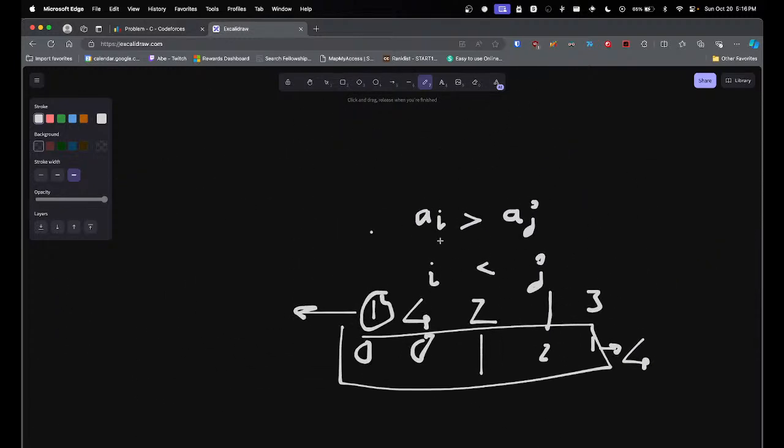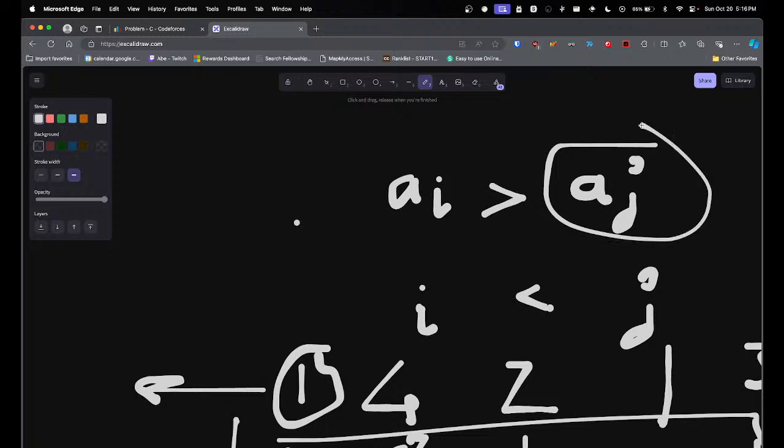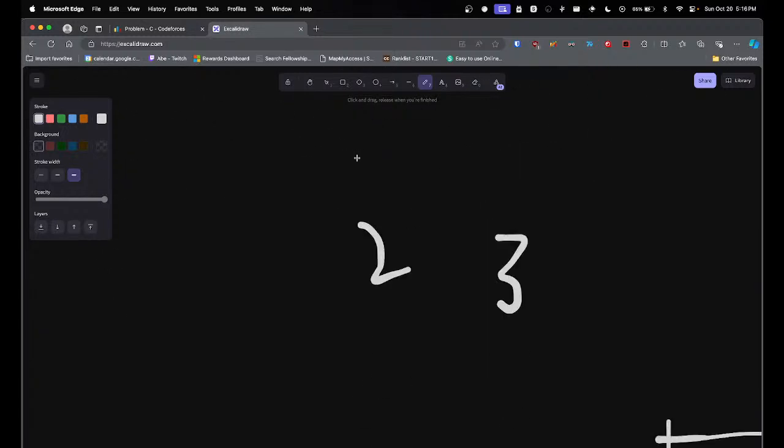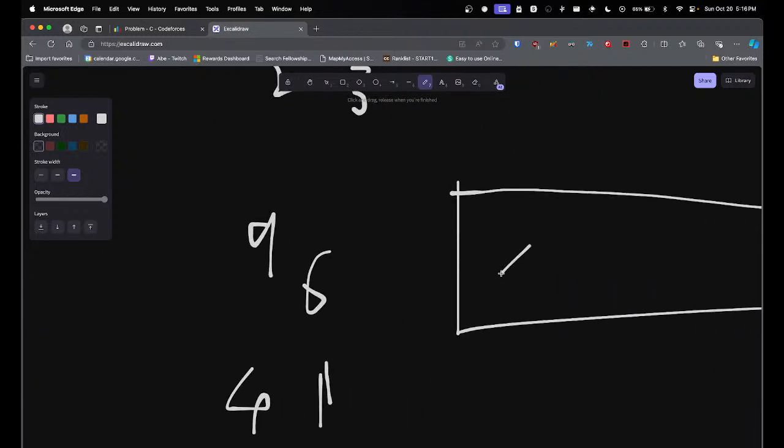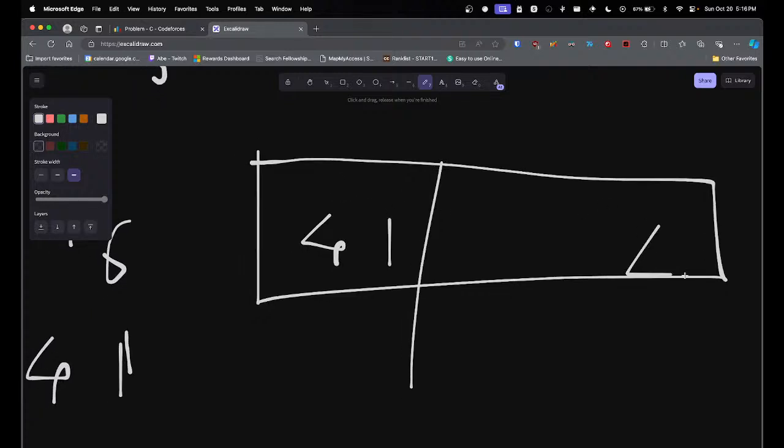So now, if I fix the smallest ai first, since aj is compared to the greater numbers, right? Now, since 4, 1, I fix it here itself. I won't have numbers greater than it ahead, so there'll be no inversion count. Let's say I'm adding, right? If I do 4, 1 here,